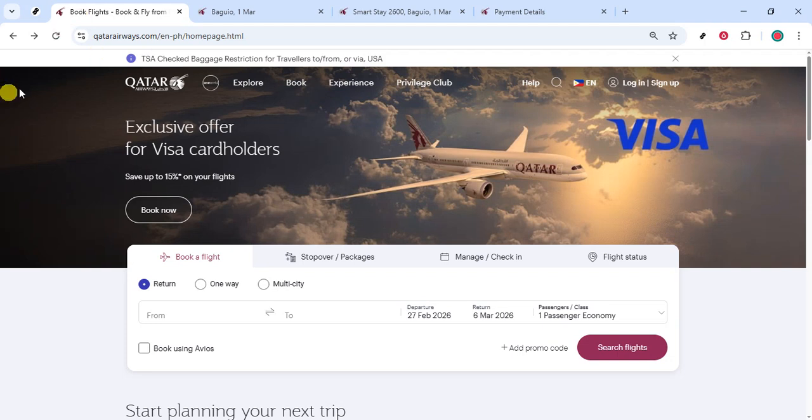Start by opening your browser and heading to QatarAirways.com. Make sure you're on the official site by checking the URL and looking for the secure lock icon in your address bar. Websites change from time to time, so the exact placement of menus can vary, but the core options are consistent. On the home page, look for